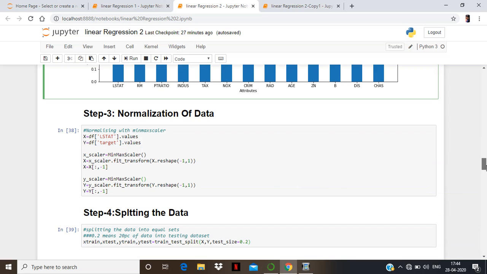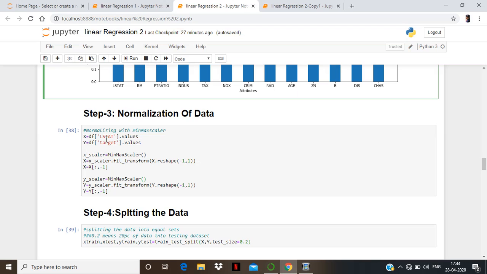And as we head to step 3, we can see that we have normalized the data, which means we are using MinMaxScaler. Here we have defined the x value for LSTAT and the y value for target.